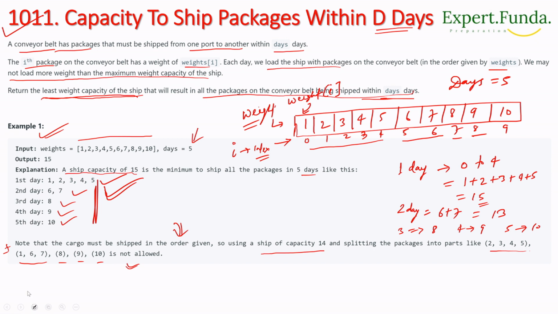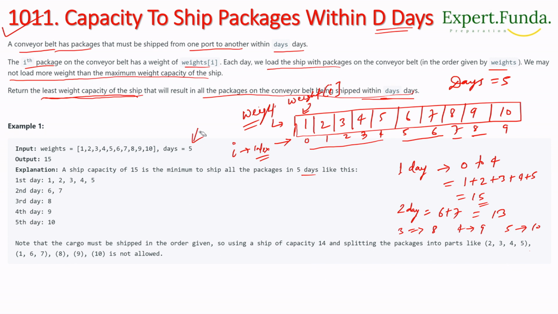Let me erase this one. Okay, so I think you understood. First of all, what we have to consider here is the weights we have been given, the weight of i, and the indexes, right? So the main thing we have to consider is the days, right? If we have been given 5 days, so we have to consider